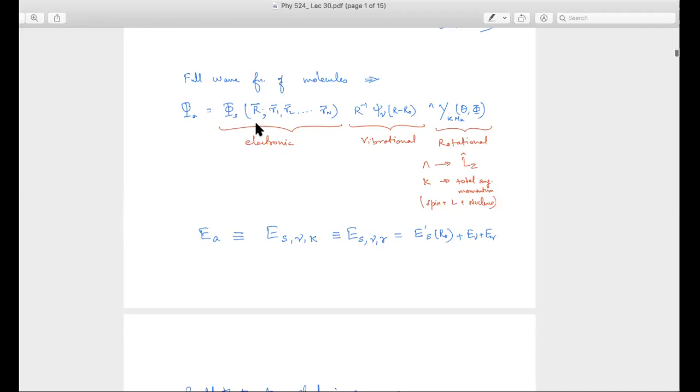And this also gives us these degrees of freedom, that these electronic states are labeled by this S, and recall that this S involved quantum numbers which are something like the principal quantum number n equal to 1, n equal to 2, n equal to 3, and the capital lambda also, and the spin quantum number. So the total spin quantum number, the capital lambda, the Z component of the angular quantum number, and these basically. The vibrational degrees of freedom were a pure one dimensional harmonic oscillator, etc.